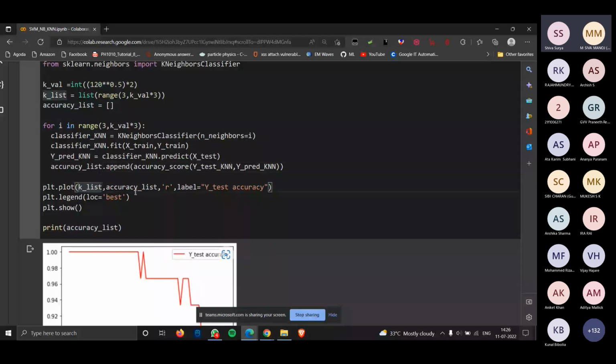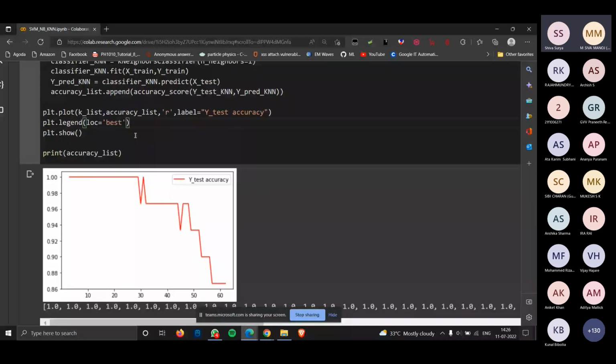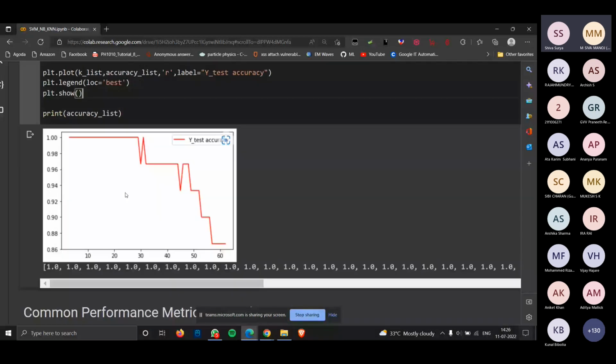Here we are using accuracy, so the higher the accuracy, the better the k value. Using the plt.plot function, I'm plotting the accuracy, with r meaning a red color label, and I'm showing the accuracy. Here the greater the accuracy, the better the k value, and you can see here